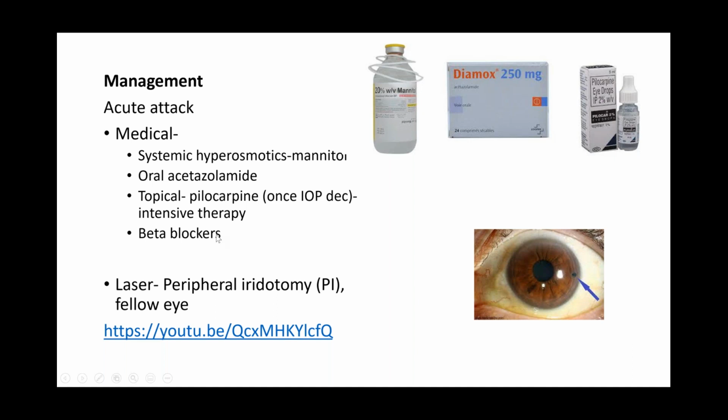Timolol can also be given. Once the cornea clears, you do a gonioscopy. You will see the angles are closed, and you see the fundus. And once the angles are closed, you go in for the laser procedure, which is called the laser peripheral iridotomy. You make an opening in the iris. What will that do? It relieves the aqueous trapped behind the iris, which was leading to shallowing of the chamber. This will act as a direct conduit or passage for the aqueous to come through the pupillary space into the anterior chamber.